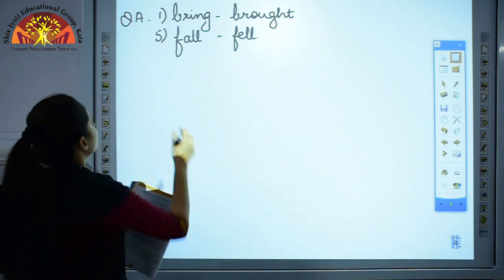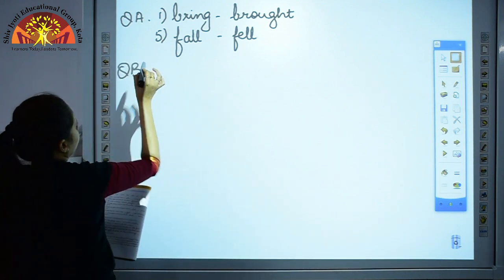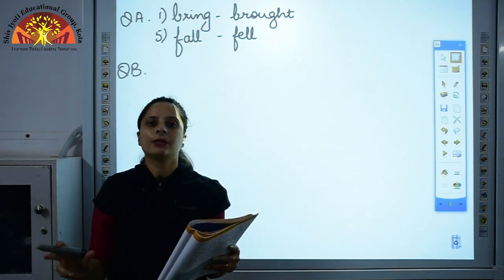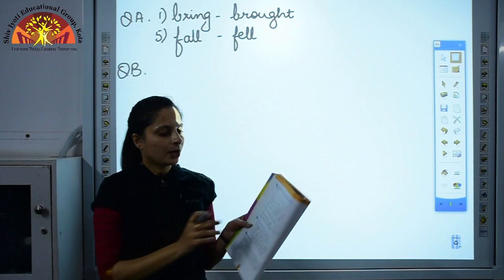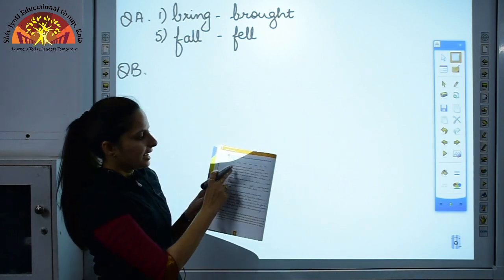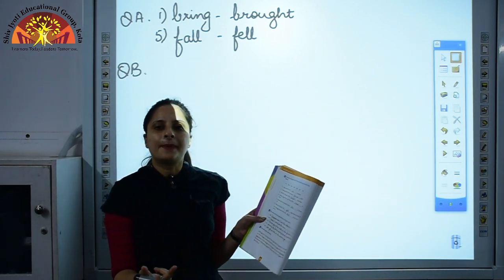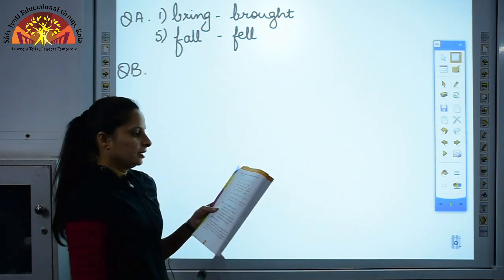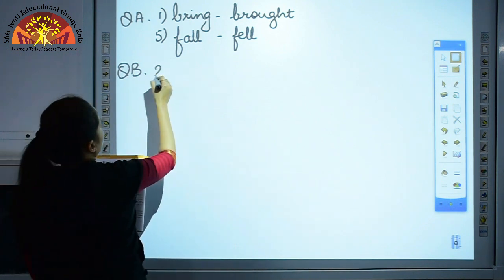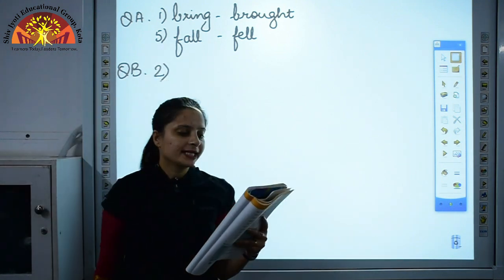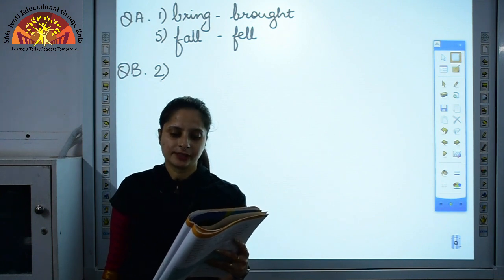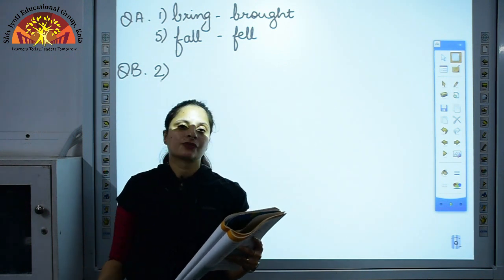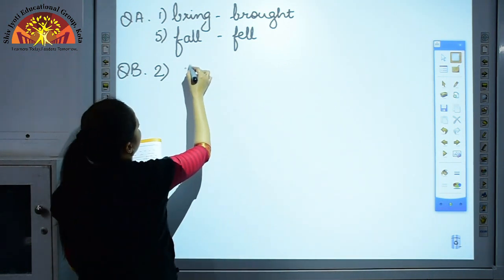Now I will discuss question number B. You have to choose the simple past tense forms of the underlined verbs and fill in the blanks. Now here words are underlined and you have to change them into their past form. And here in the box you have been given the options. The second one I will discuss with you. I always find yummy flavors. Last week I dash mint. What will be the past form of find? It will be found.